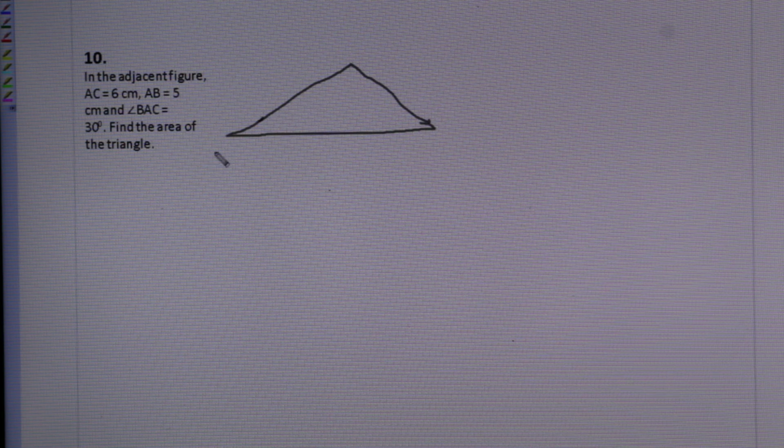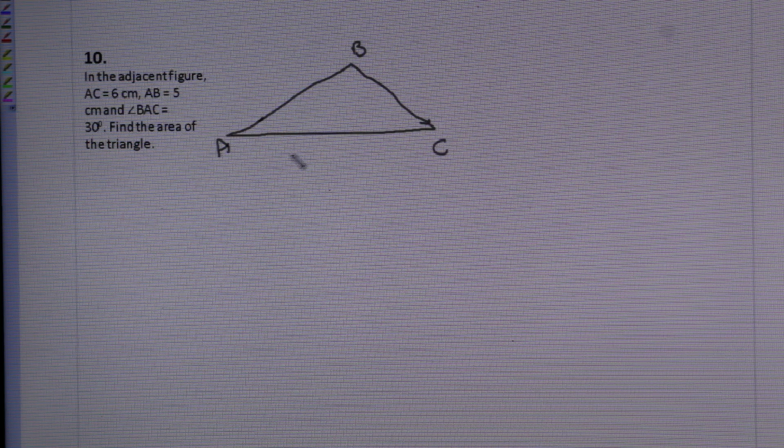A, B, C. AC is equal to 6 centimeters. AB is 5 centimeters. Angle BAC is 30 degrees. Find the